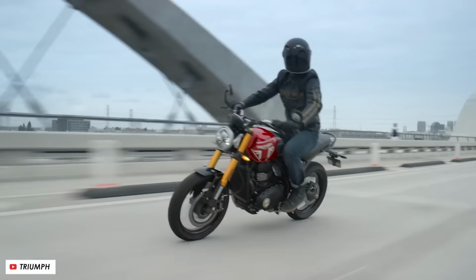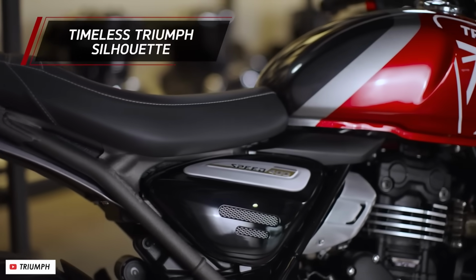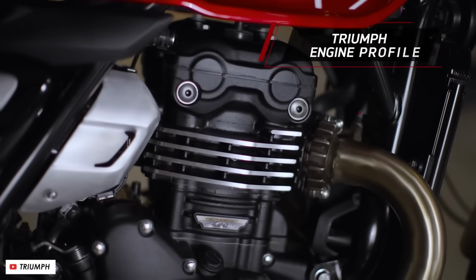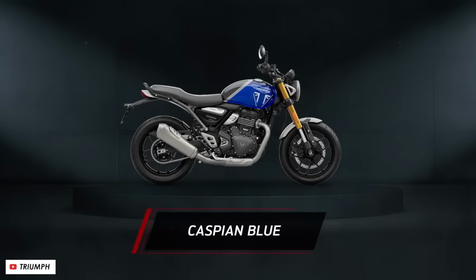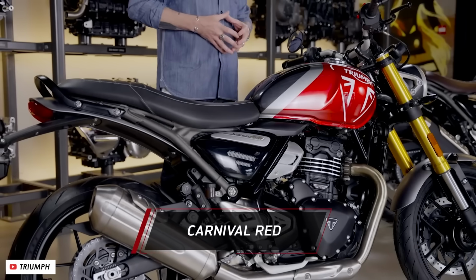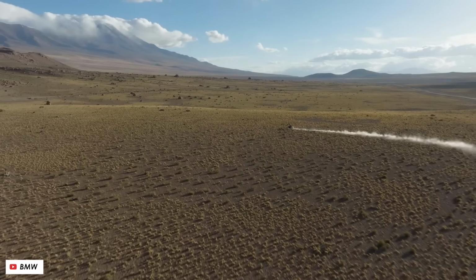It's almost the perfect balance between some of the classic looks of the Enfield, but with the much more modern performance of something like a KTM 390 Duke. So I really want to find out if they're as good as they look out on the road, and also if it's a genuine option if you want a Bonneville but perhaps can't afford one, or are they just some sort of cheap imitation? Now another bike that absolutely had to be on the list is the BMW R1300 GS,